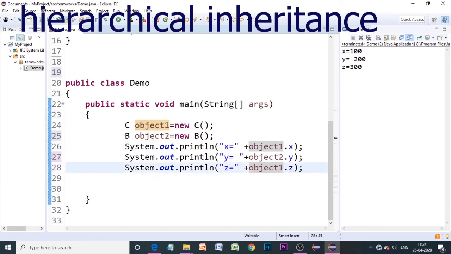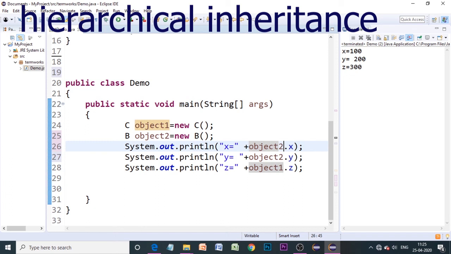I should have told you this. Yes, we should talk about this. When I'm accessing x, you can access this using object 1 or object 2. It is not going to make any difference because both object 1 and object 2 are objects of subclasses of class A. So whether you are using object 1 or object 2 to access the value of x, there is no problem here.